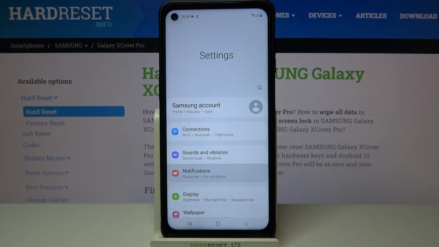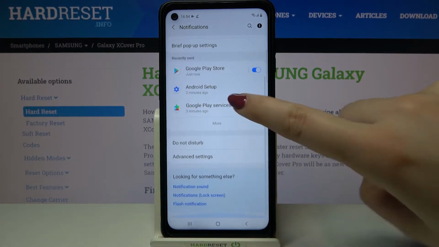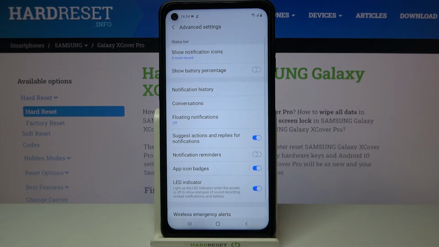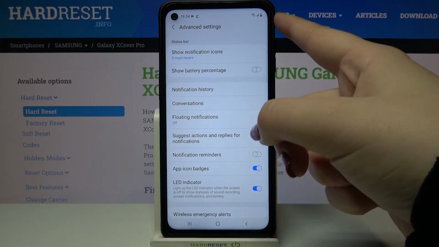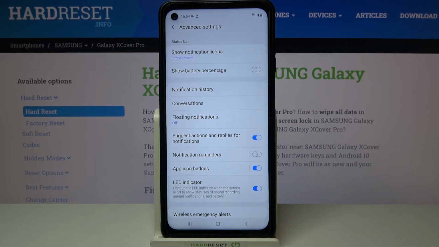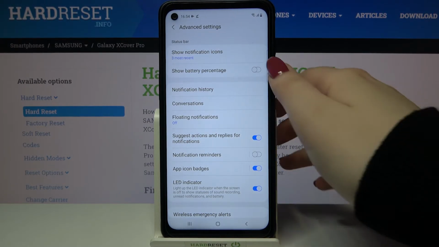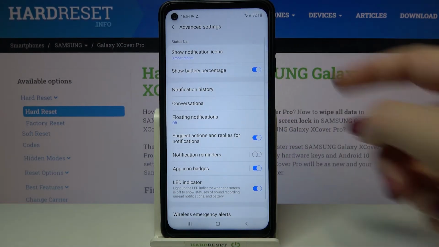It should be on the 3rd position. Now we have to scroll down and tap on advanced settings, and on the 2nd position we've got the show battery percentage option, which right now is obviously turned off because here on the status bar we've got only the battery icon. So in order to turn it on, just tap on the switcher here,